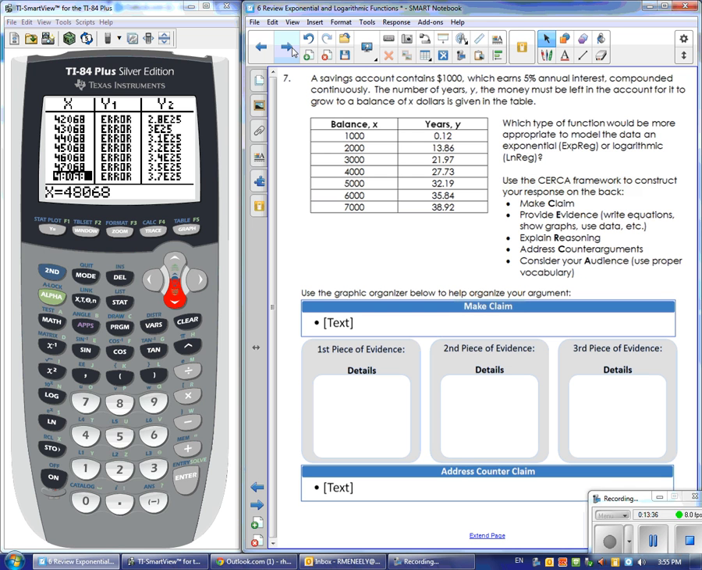You're given some data. It says a savings account contains $1,000, which earns 5% annual interest compounded continuously. The number of years, which we'll call Y, the money must be left in the account for it to grow to a balance of X dollars as given in the table. Which type of function would be more appropriate to model the data? Would it be exponential or would it be logarithmic? Notice that if you're going to do exponential,